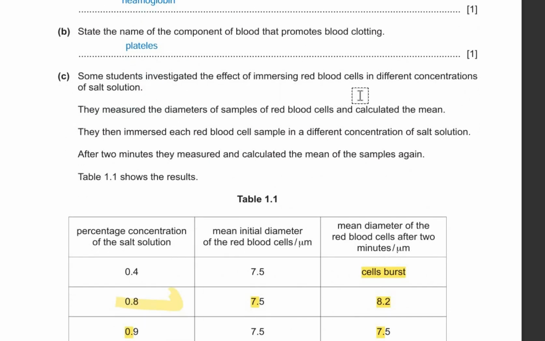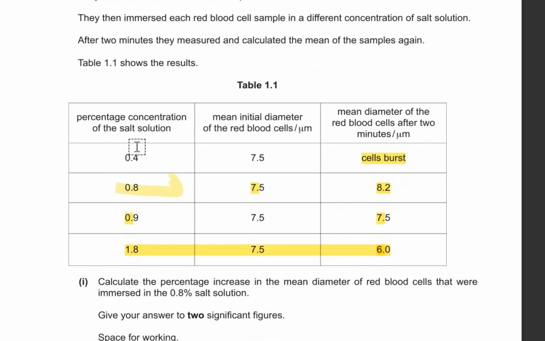Students investigated the effect of immersing red blood cells in salt solution. They measured the diameters of the red blood cells and calculated the mean. Then they immersed each red blood cell sample in a different concentration of salt solution. After 2 minutes, they measured and calculated the mean diameters again. Figure 1.1 shows the results. So what they did was they